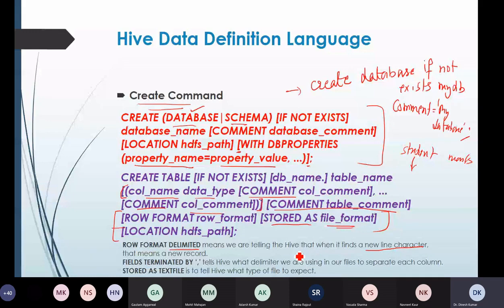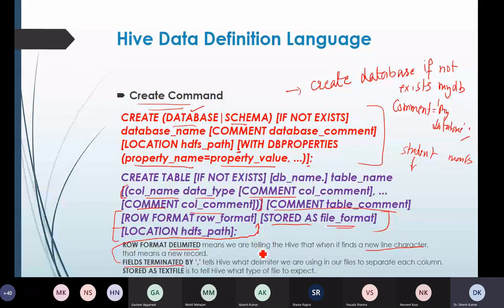So this field terminated by will come here. So first, row format delimited, that means it's a text file, then new line character comes, that means the starting of the next record. After that we are also specifying that if it is a CSV file, what is the character that is used to separate each column, right?